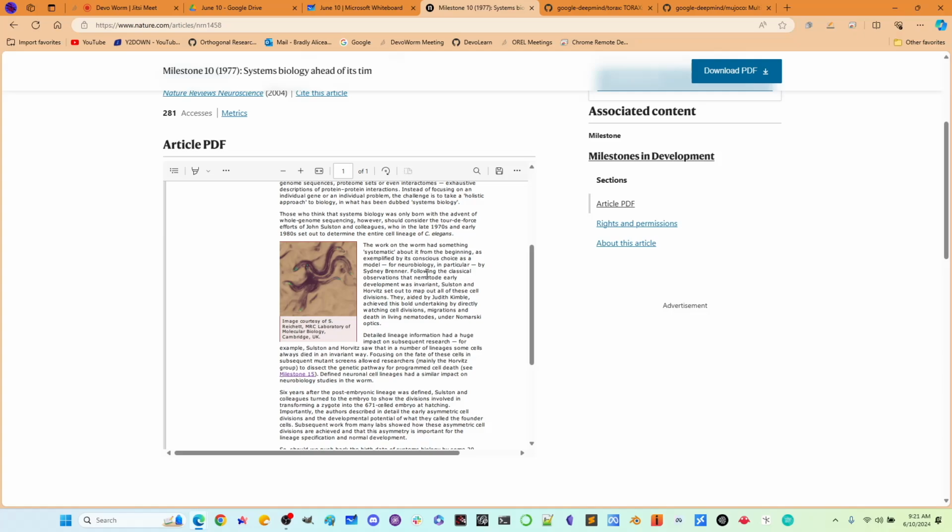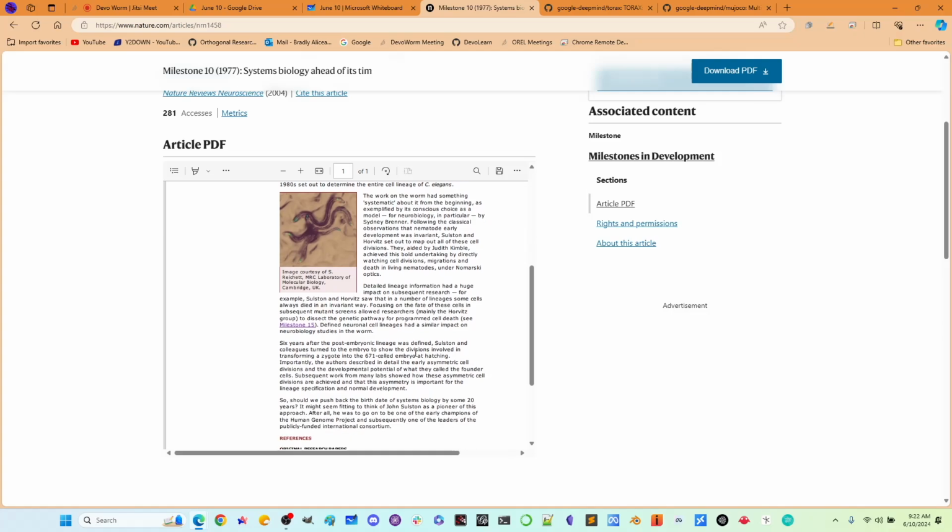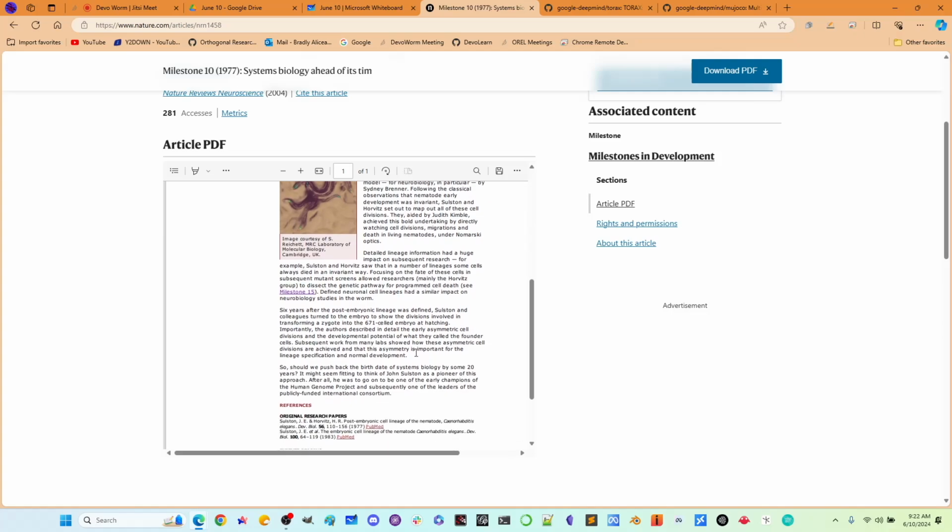So all those attributes were why they wanted to work on C. elegans. And so, you know, there was this whole group of people who wanted to work out the details of C. elegans so that we could use it as a model organism. So this was the Sulston work in 1977. Then there was another paper in 1983